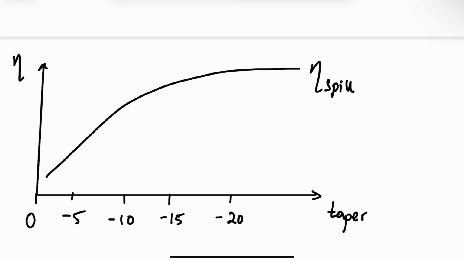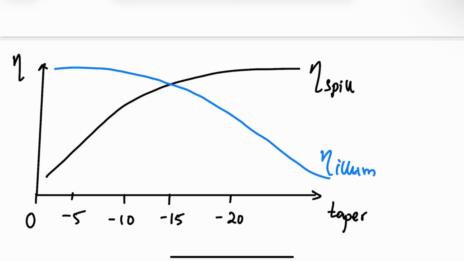And illumination efficiency does the opposite. Illumination efficiency will do something like this. This is your illumination efficiency. Okay, so if you actually take the product of the two, you will see that there is kind of a maximum, something like that. Yeah, I haven't really drawn this correctly, but this maximum should be, it really depends on the